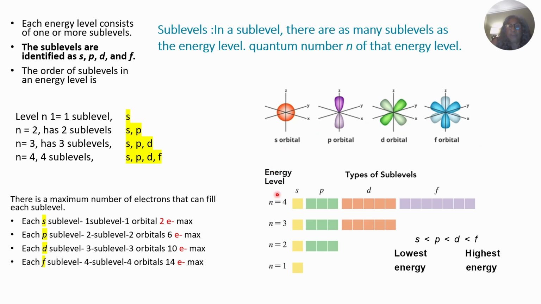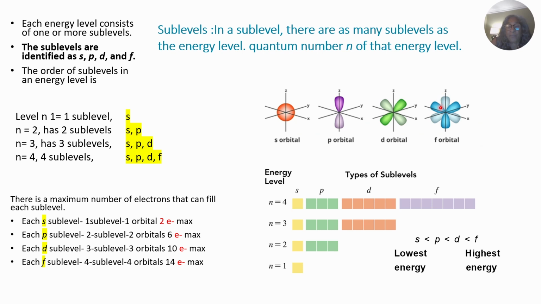When it's time to fill up the electrons in an atom, they will fill in an increasing level of energy, going from level number 1 to 4. It will also consider placing the electrons in the lowest energy atomic orbital first. S are lower in energy than P, and P are lower in energy than D, and D is lower in